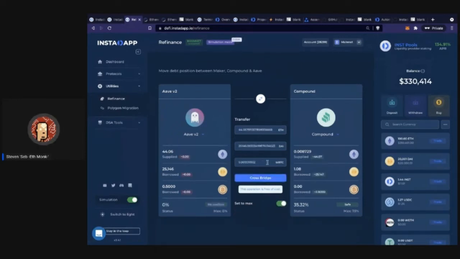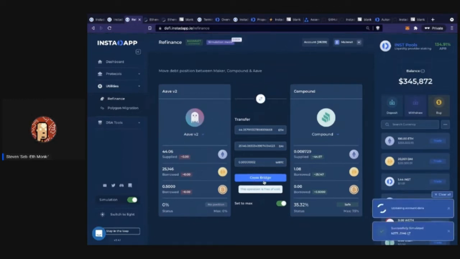Or if you don't want to move all of it, you can say, hey, I want to leave the BTC. But then it's actually not going to work because you didn't leave any collateral. So you'd have to actually move all the debt, or you could split it up. But I'm not going to split it up. I'm just going to go ahead and move the entire position from Aave to Compound. And again, this is one click. It's a hefty transaction on Ethereum, so be forewarned, you might want to do it when gas rates are a little bit lower. And that will be it.